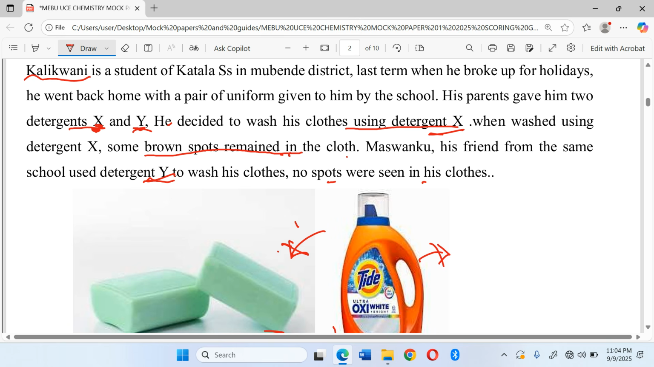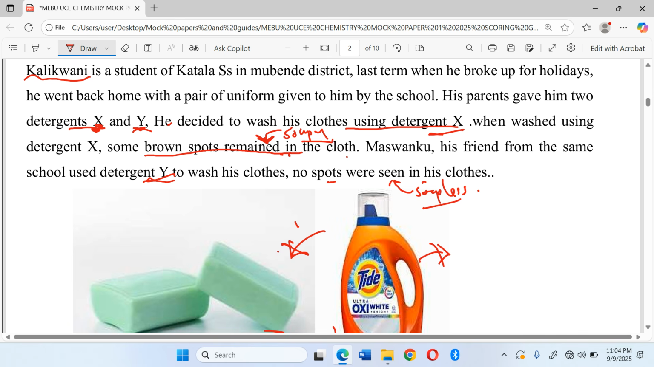We know very well the kind of detergent that leaves spots when you wash, probably when you have used hard water, but here they have not specified. You can see one of the detergents leaving brown spots, while the other one is leaving the cloth very clean. So we could see directly that this one could be a soapy detergent, while for Maswanku, he could have used a soapless detergent. But we said